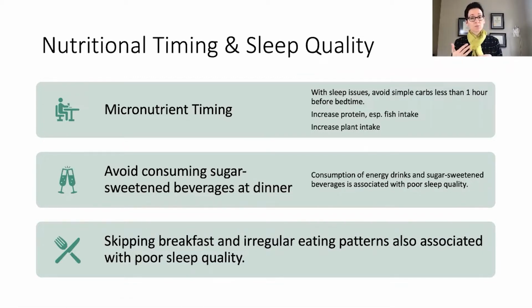Also, interestingly, skipping breakfast and irregular eating patterns are associated with poor sleep quality. And maybe that's because it impacts the rhythm of what happens during the day, your circadian rhythm. So low intake of veggies and high intake of simple carbohydrates are associated with poor sleep quality. And this was among middle-aged female Japanese workers in a 2014 study. There are several studies that I use, too many to actually cite. I'll count them for you though. Let's see, 1, 2, 3, 4, 5, 6, 7, 8. 8 studies support this particular slide.